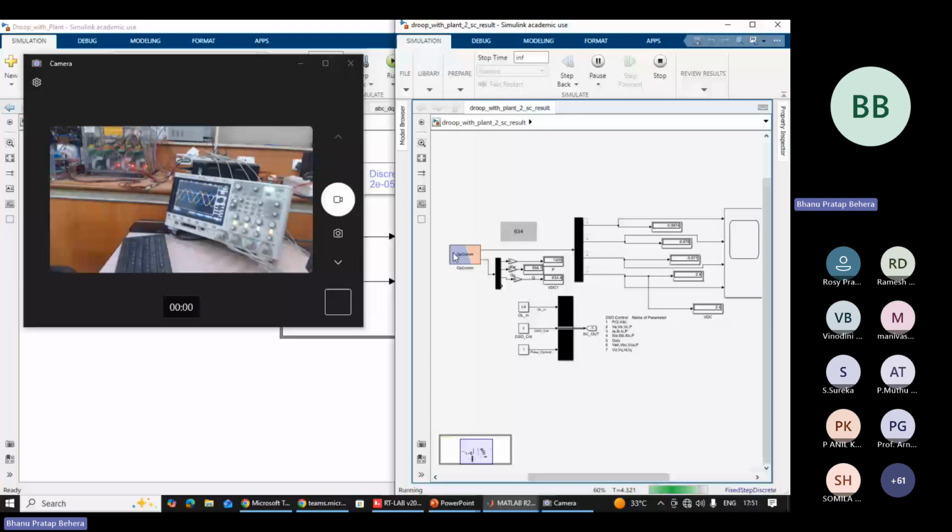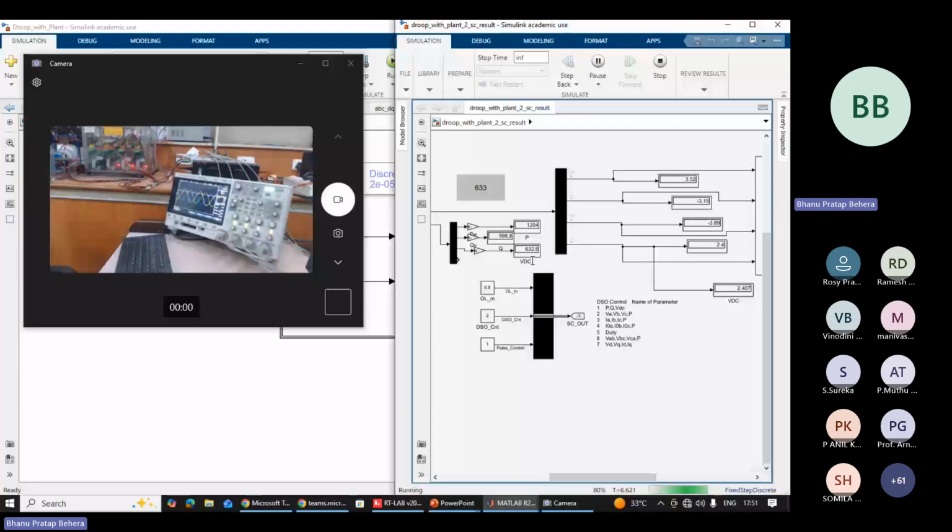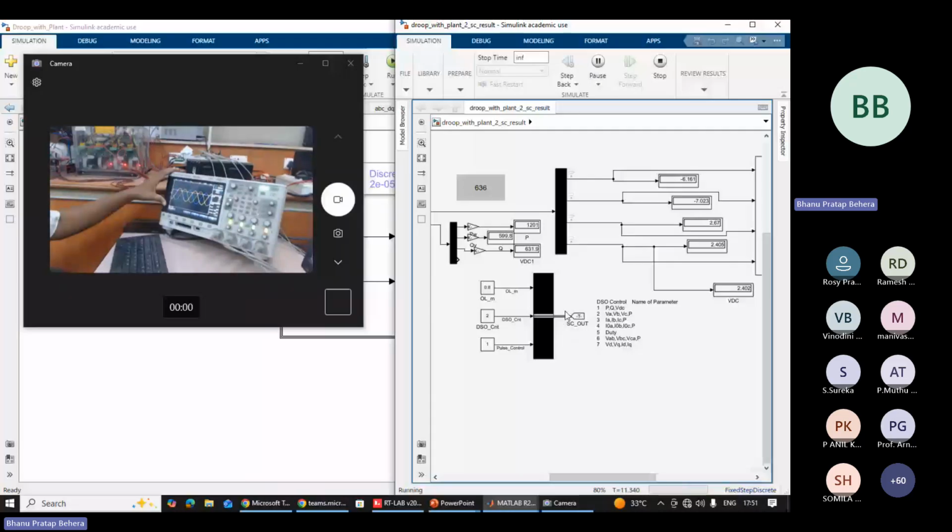You can see the VDC is running in real time, and it is showing 634. Here we have selected DSO as 2. 2 means VA, VB, VC will come here. You can see VA, VB, VC is coming. Similarly, if you press 3 in real time, you can see IA, IB, and IC here. If you press 4, then it will show I0, which means the before-filter current,